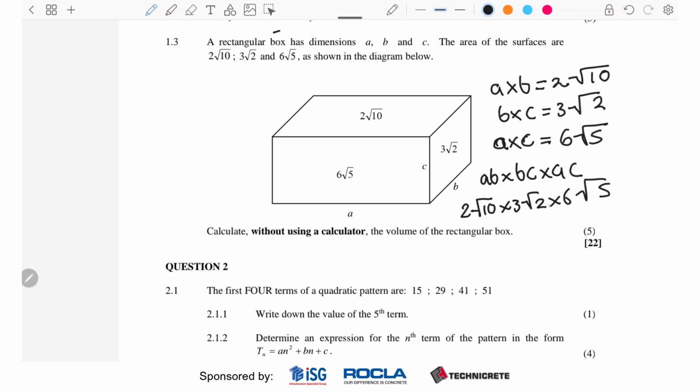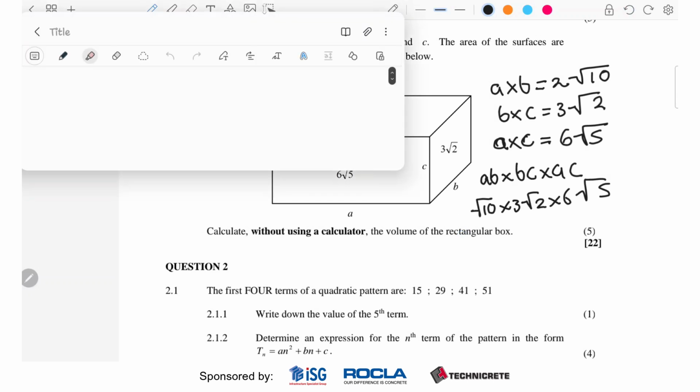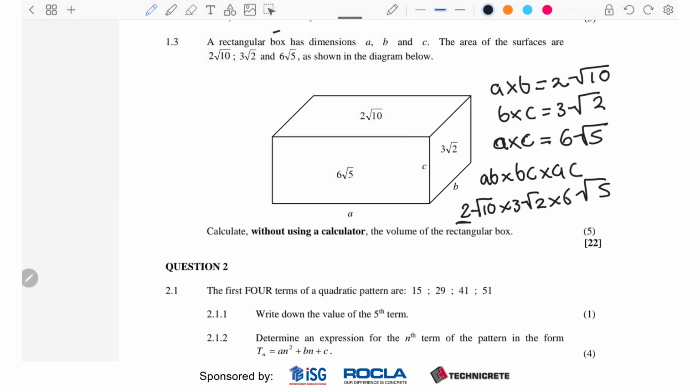So I'm going to times all the square roots together and times all the whole numbers together. So 2 times 3 is 6, and 6 times 6 is 36, so that's our first number. 2 times 5 is 10, and 10 times 10 is 100, so it'll be square root of 100 is equal to